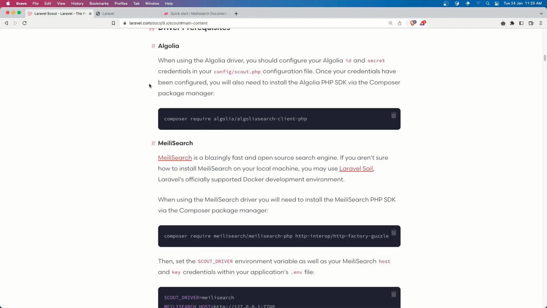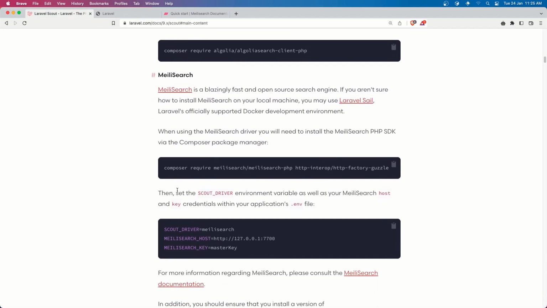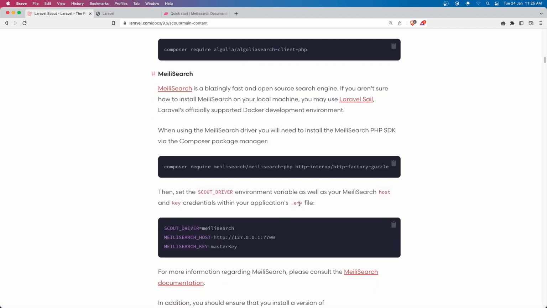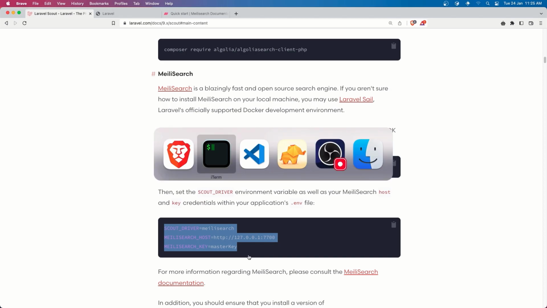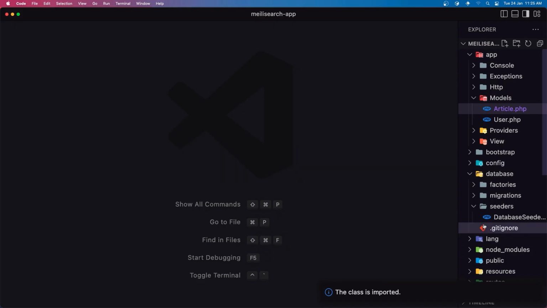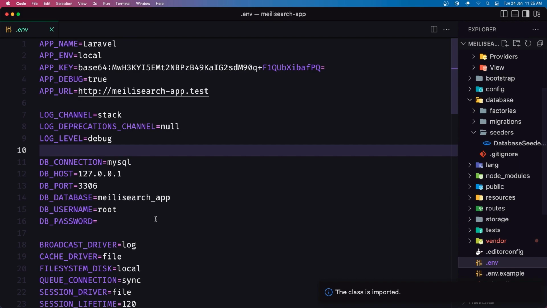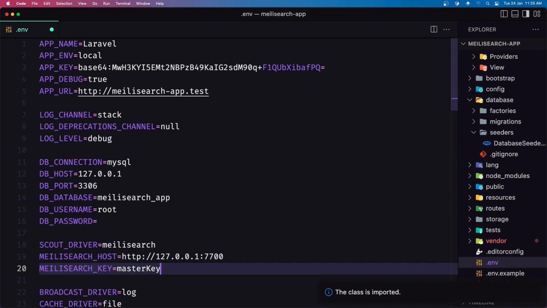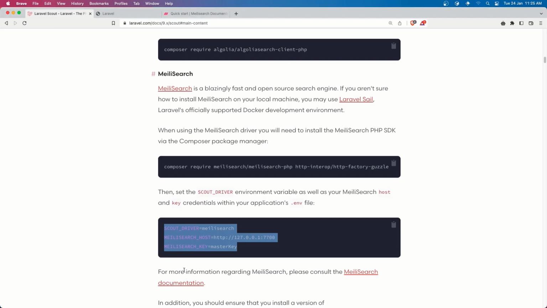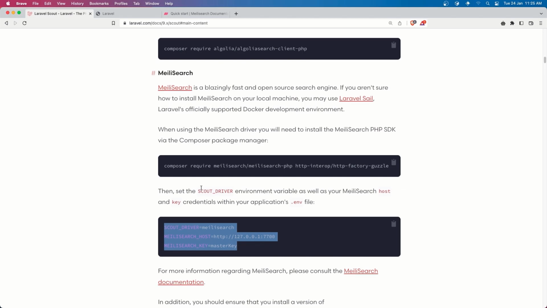Okay, after this one we need to add in the .env file the Scout driver, the Meilisearch host, and the Meilisearch key. Copy that, go to the .env file, and here I'm going to add the Scout driver, Meilisearch host, and Meilisearch key. Save, close this one. And I think we are okay